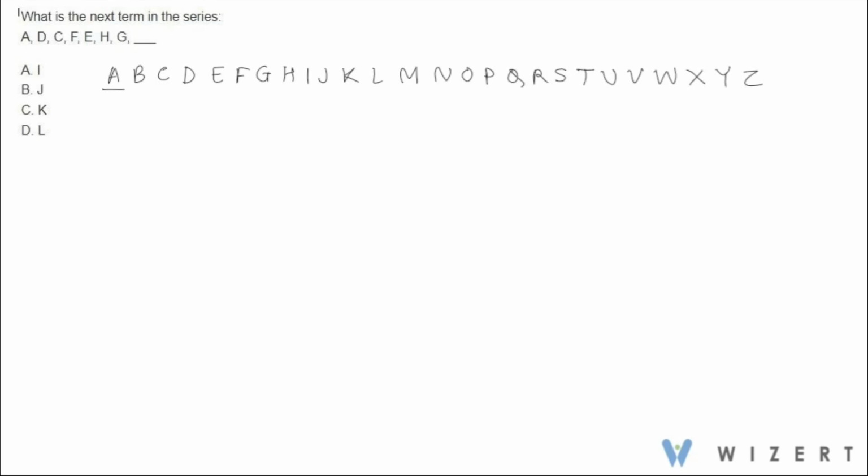So A, after that we have D, after that we have C, then F, then E. Then let's see, we have to go forward after two letters, then come back one letter. Then again go forward after two letters, let's see. So after two letters we've come back here, then after two letters from here,